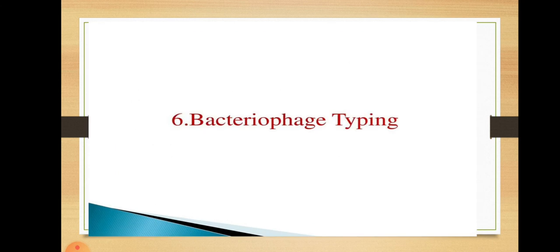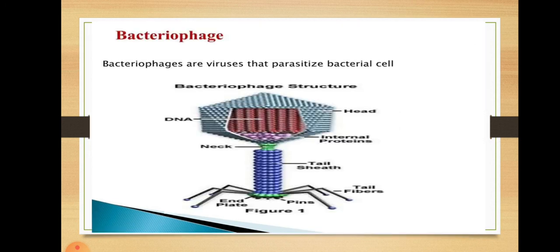The next method is bacteriophage typing. Bacteriophages are viruses that attack members of a particular bacterial species or strains within a species. Bacteriophage typing is based on the specificity of phage-specific receptors for cell surface receptors. Only those bacteriophages that can attach to these surface receptors can infect bacteria and cause lysis. On a petri dish culture, lytic bacteriophages cause plaques on a lawn of sensitive bacteria. These plaques represent infection by the virus.